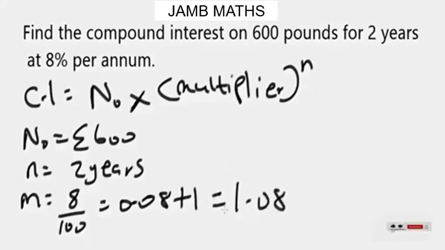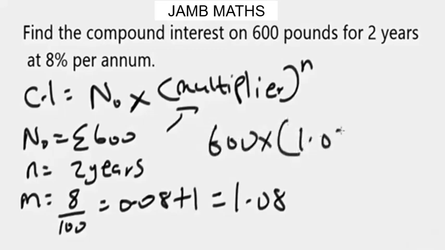Now that you have these values, you can go ahead and plug them into this formula. So we will have 600 times the multiplier 1.08 to the power n, which is 2. When you punch everything on a calculator,